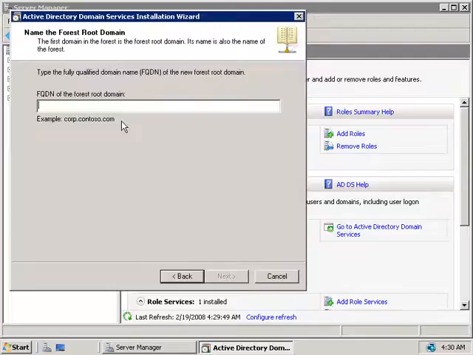Alright, so what is the fully qualified domain name of the root domain going to be called? Now, if you're currently setting up Windows Server 2008 in a corporate environment, you no doubt already have a domain name purchased, so you probably know what you're going to have to enter in here. But for those of you that might be learning about this for the first time and you're unsure what you should be putting in here, it all depends on